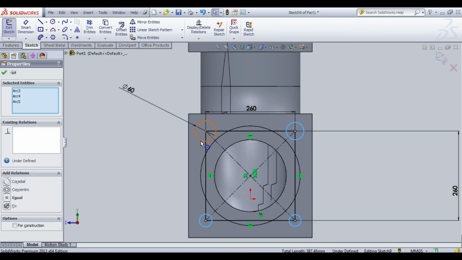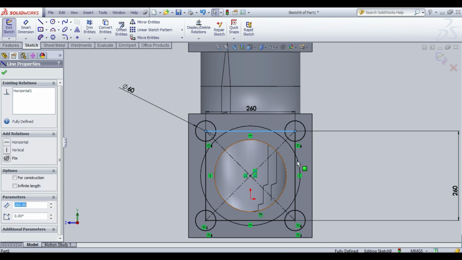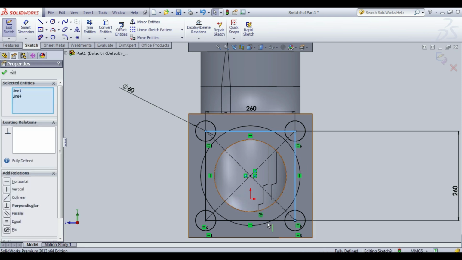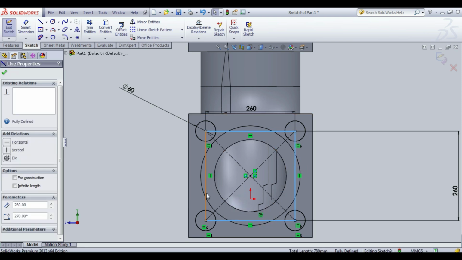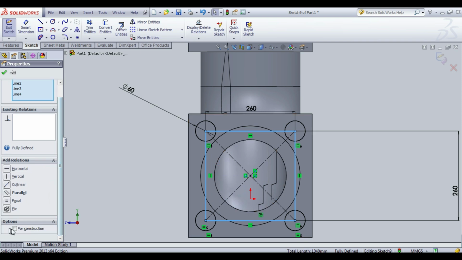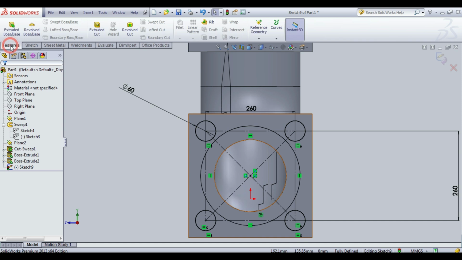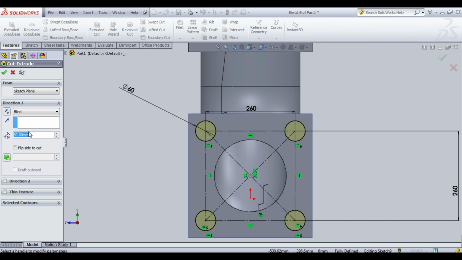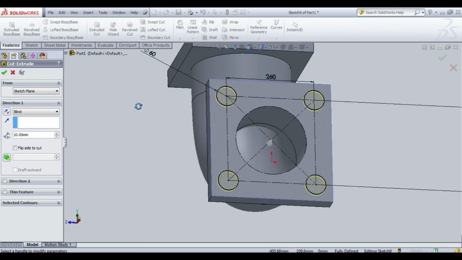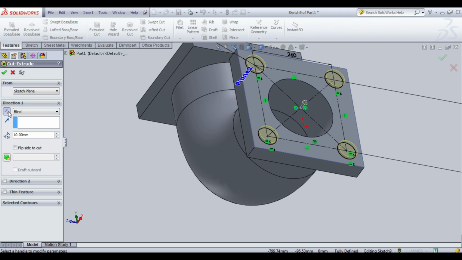Click the lines also, give equal. After that, select the rectangular and give it for construction. Click on extrude cut for depth 10 mm. Okay.